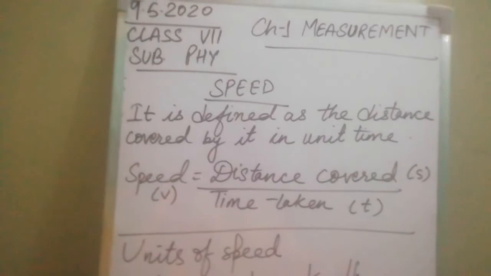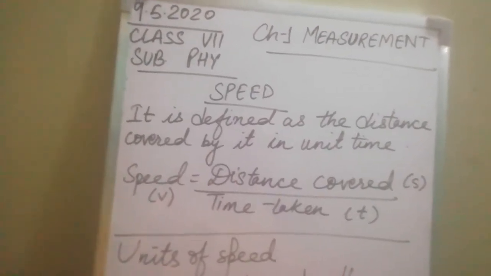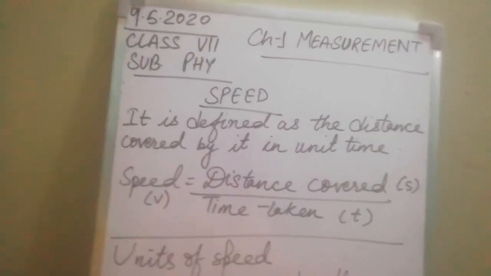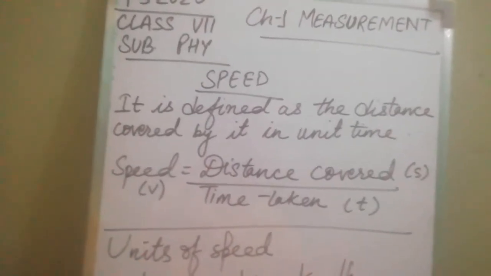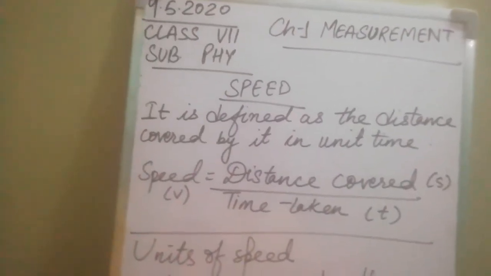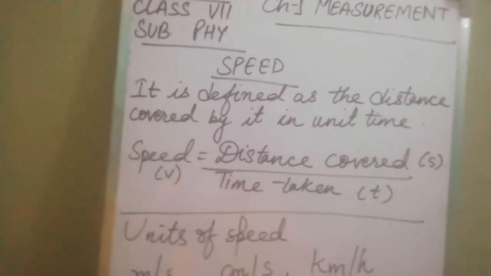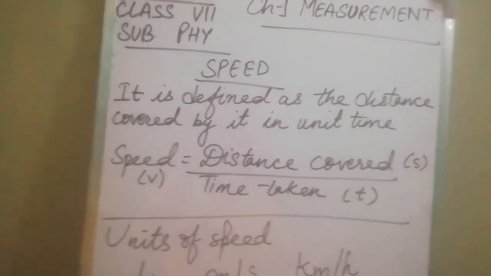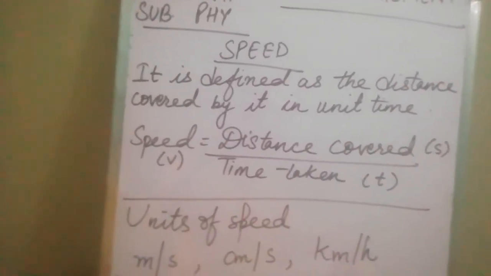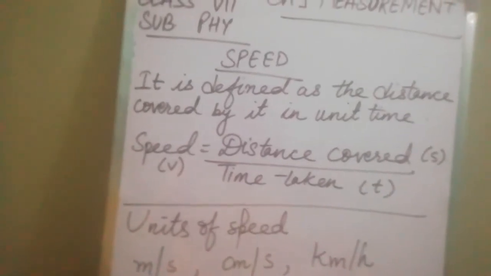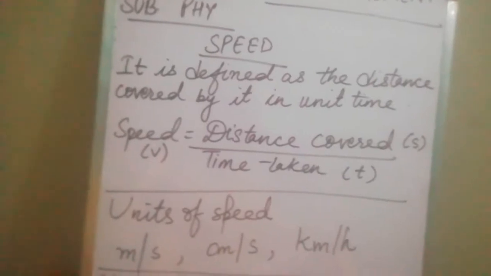For example, a girl riding a bicycle covers a greater distance in a given time than a child walking on foot. It is obvious that a girl riding a bicycle will cover more distance than a child walking on foot. So who has covered more distance? Obviously, the girl has covered more distance in the given interval of time. Likewise, the motion of a car is faster than the motion of a cycle rickshaw because a car covers a greater distance in a given interval of time as compared to a cycle rickshaw.